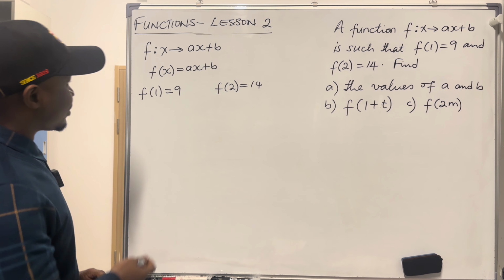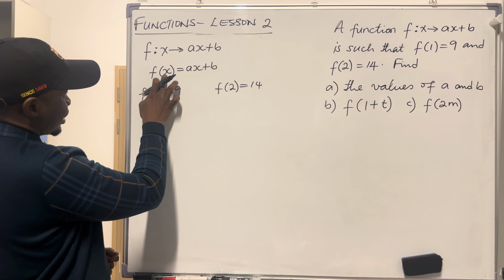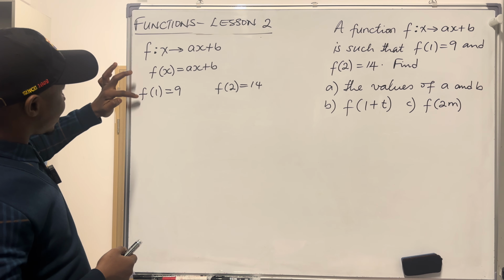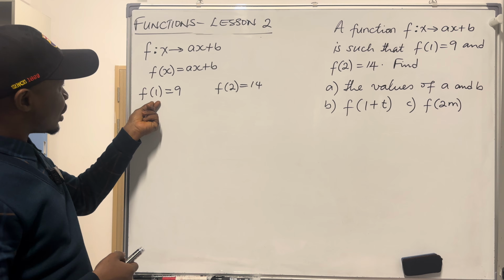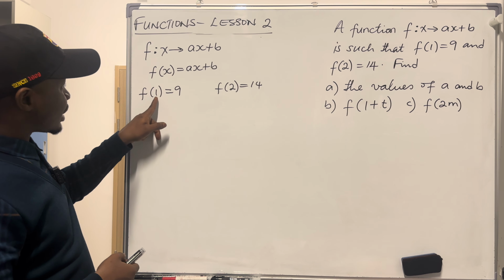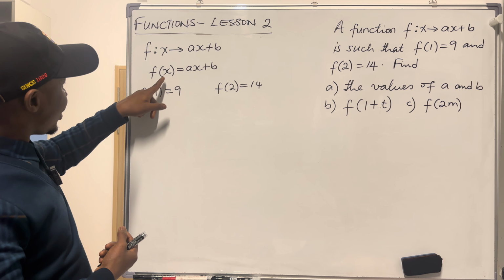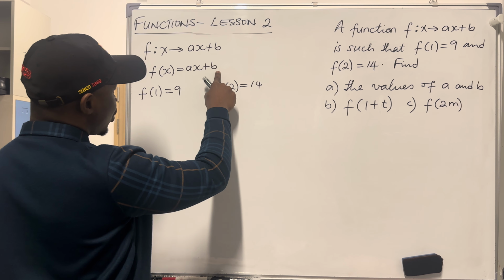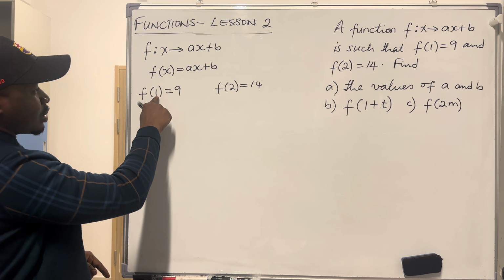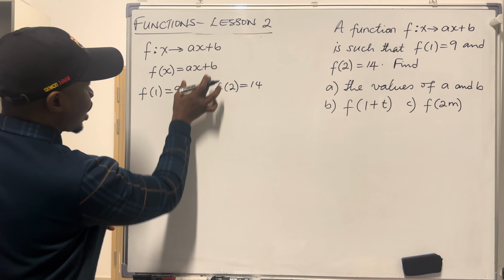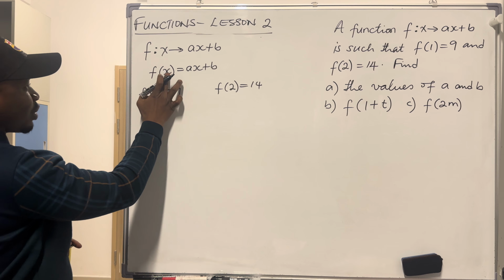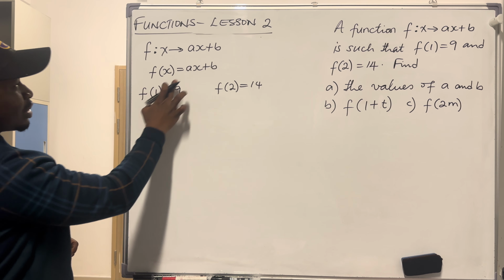Come to think of it, f of x, now f of 1. Don't you think that f does not change? The brackets do not change, but instead of x, it is now 1. So if only x is replaced by 1, we can go to the function. Wherever we see x, we write 1. So look at the function ax plus b. For every x we see, what do we write? 1. So now we say a,